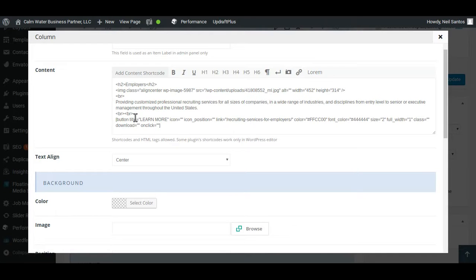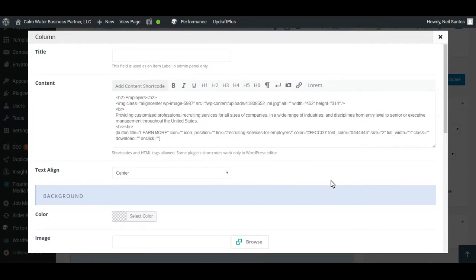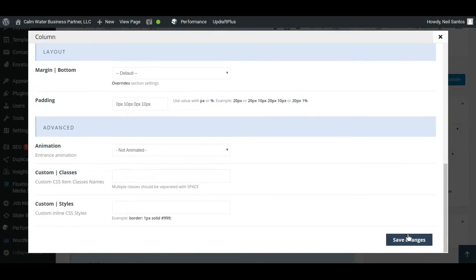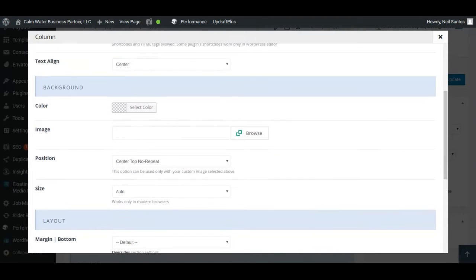These are like spaces. And then you have a button code here, and that's the button for Learn More. And it takes you to the Recruiting Services for Employers link. All right. And then it has the different colors and sizes and all that stuff. So really, that's all you really have to mess around with. And the way, so say you wanted to change the text there,